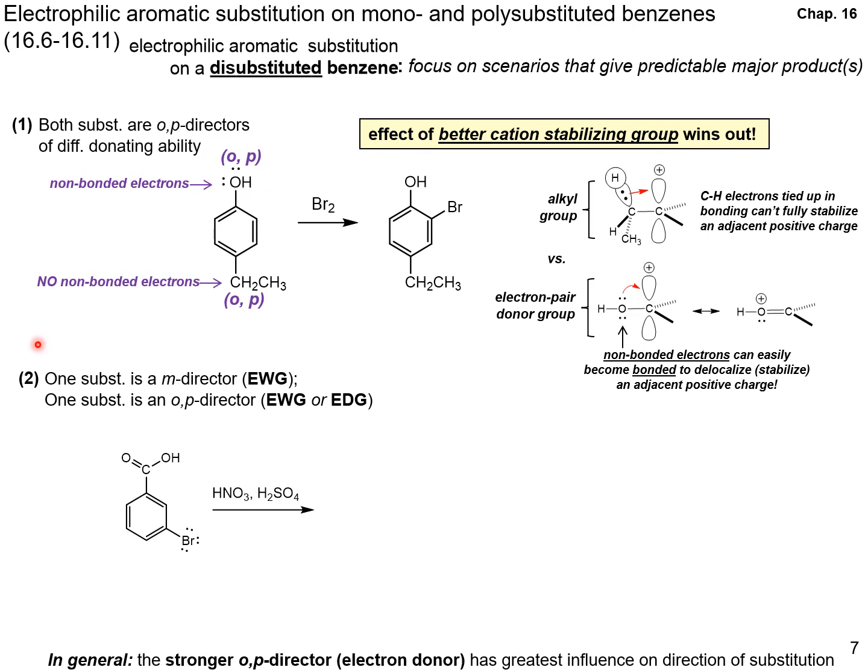A second example, a scenario, would be if one substituent is a meta-director and the other one is an ortho-para director. In this case here, the carboxylic acid carbonyl will have a meta-directing effect. It's withdrawing electron density via a resonance effect. And the bromine has non-bonded electrons. So if you had a positive charge on this carbon forming during electrophilic aromatic substitution, much in the same way